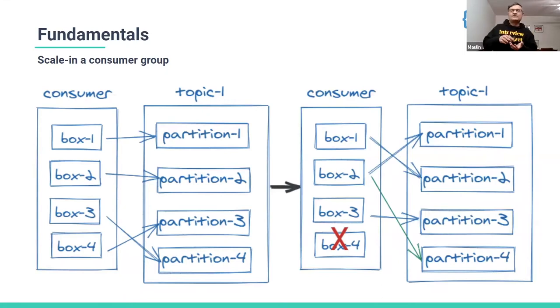Now the reverse case, scale in of a consumer group. Let's say you had 4 boxes and you were having a nice little assignment there, 1 partition per box, and then 1 box permanently goes down, or for some reason you have to flex down because you don't need that much capacity. Then again a similar process of rebalance happens. As soon as the box leaves the consumer group, Kafka reassigns all the partitions to be consumed, and then based on the new set of members, it processes the consumption.